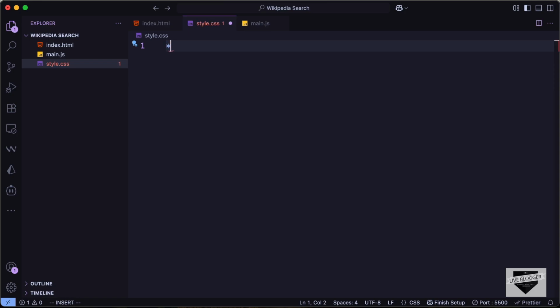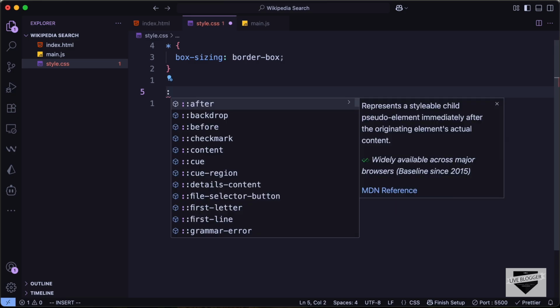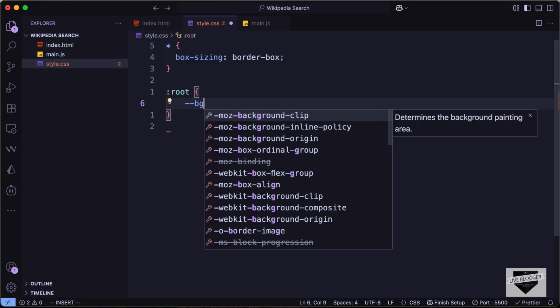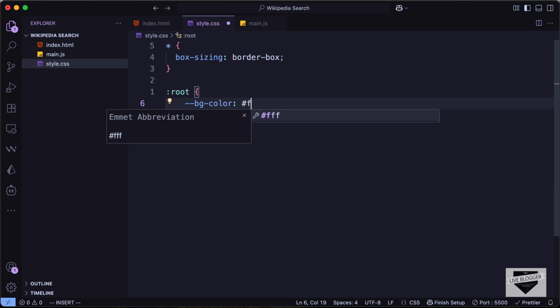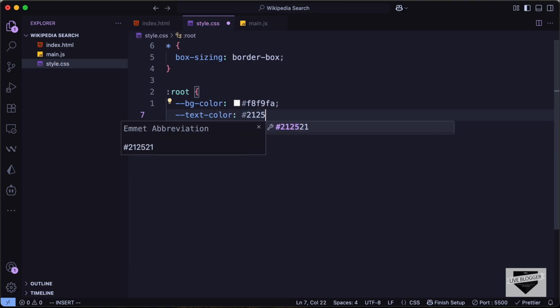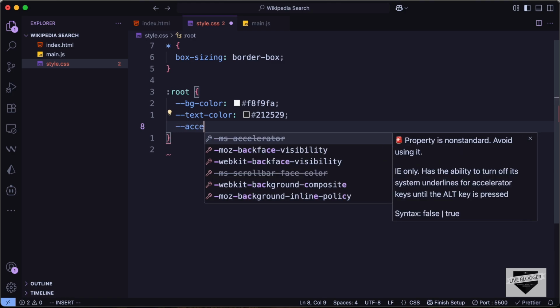And first of all, let's target everything and let's type box-sizing border-box. And let's add some CSS variables. So let's type root and let's type bg-color. Let's set it to F8F9FA. Let's create one for the text color. Let's set it to 212529. Let's create one for the accent color. Let's set it to